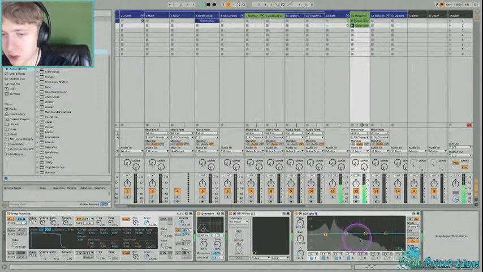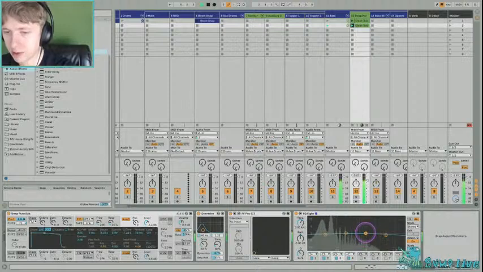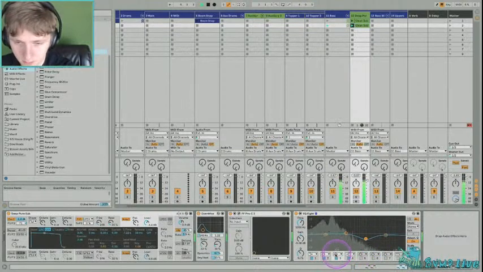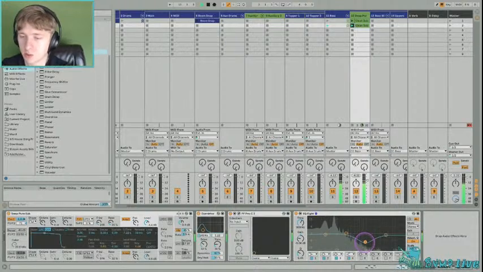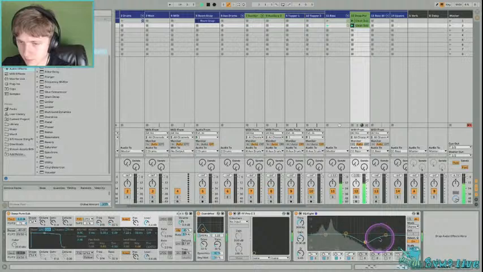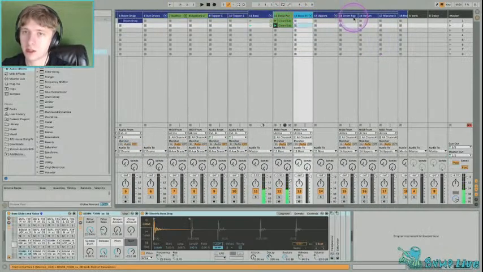Yeah, see how it added a whole bunch of extra stuff up here? I think that sounds pretty cool, but I want to reduce it a bit, especially around this area. Why? Because there's going to be a lot of other instruments around the 1K, 2K range, so the bass shouldn't be so prominent there. Plus there's going to be other bass sounds on top. Speaking of,